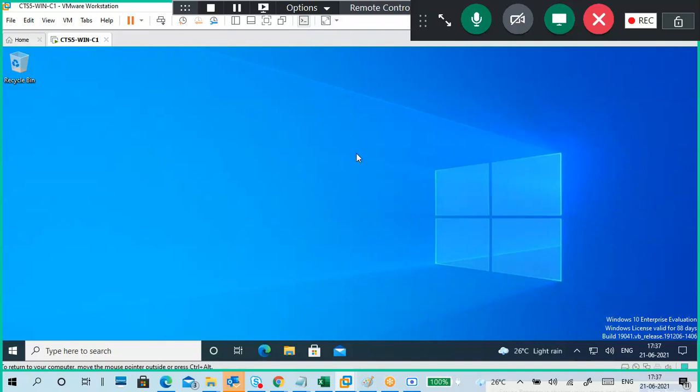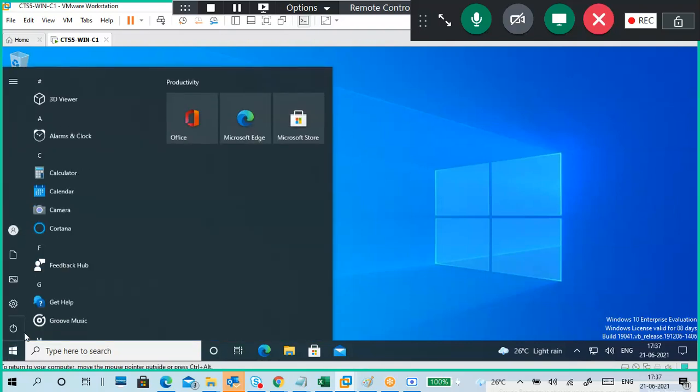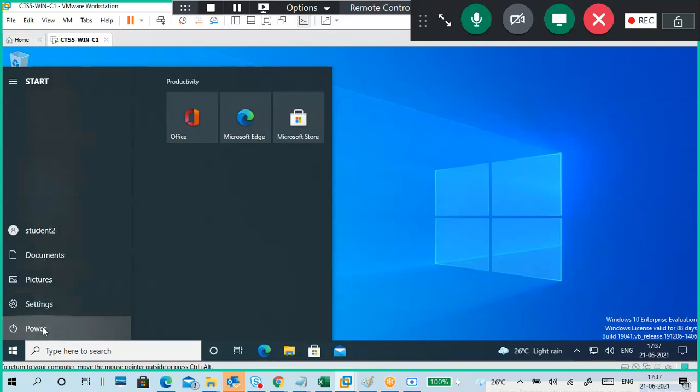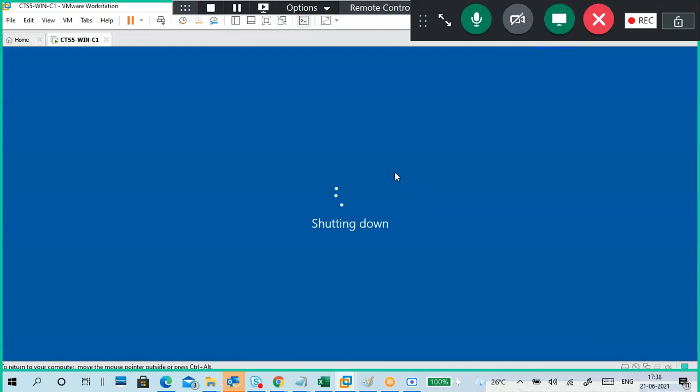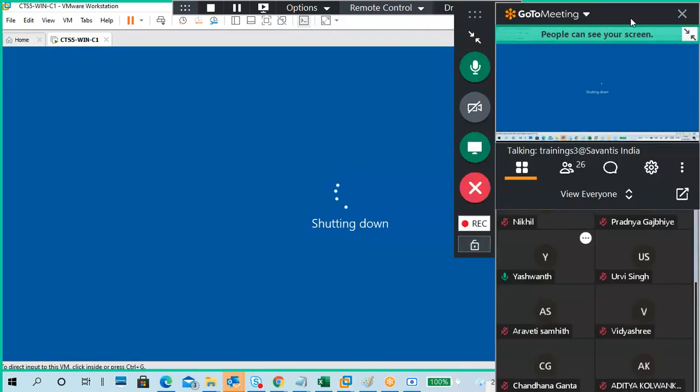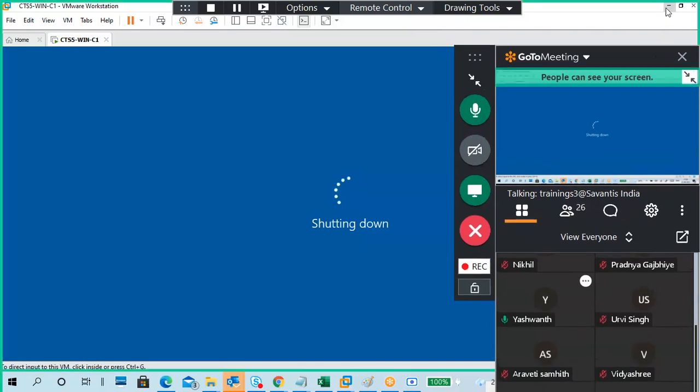That's it for now. Okay, guys, compulsorily shut down your PC once you have completed your work. Just go to the power. Your virtual machine compulsorily, physical machine your wish. Once the virtual machine work is completed, it is better to shut down the PC like this only. Don't close this one, don't close that one. Use it as a system only.